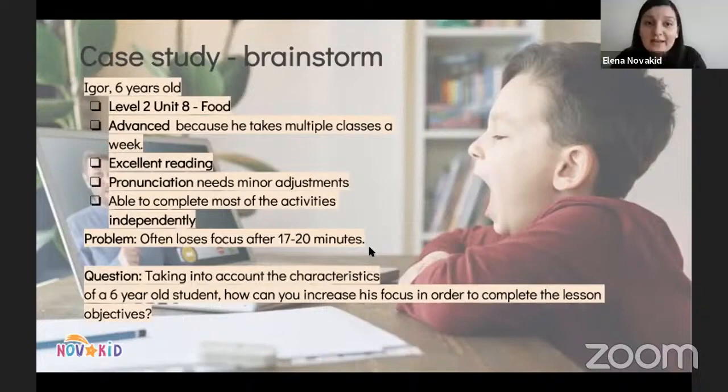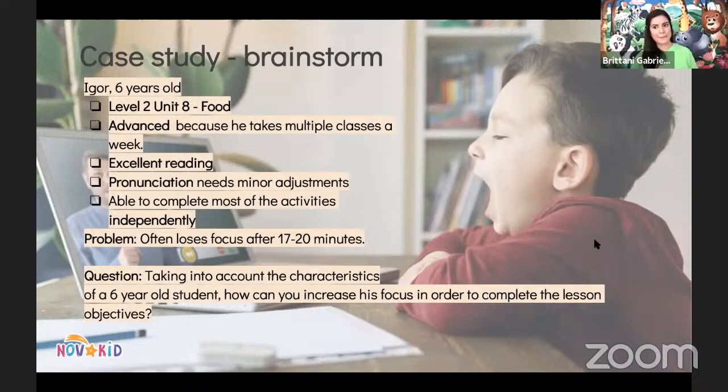It's nice when you can actually make sure that you don't get to a point where the student loses focus. Use movements and get him more actively involved. Use different voices. Using props, movements, or play a quick game. Basically, you want to get his attention again. That is true. Ask him how many apples he can eat for lunch. Oh, that's likewise great. Ask how much pasta he can eat.